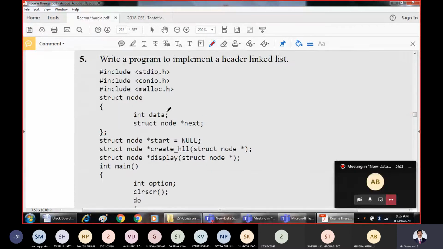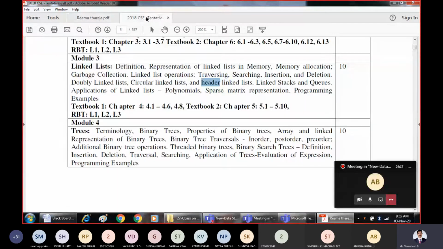So this is the procedure I explained for the header node. So the header node concept is covered. By using this header node only, we have our 9th lab program. Our 8th lab program is all about doubly linked list, and the combination of circular and header node is our 9th lab program.